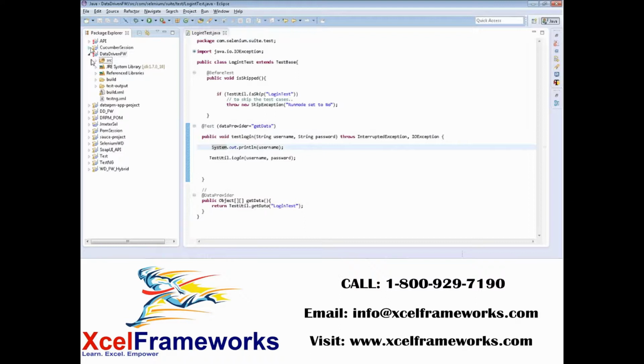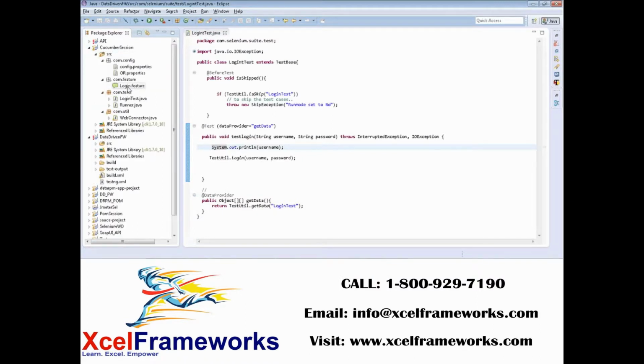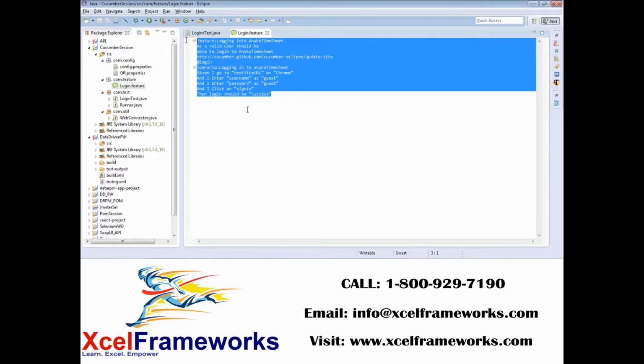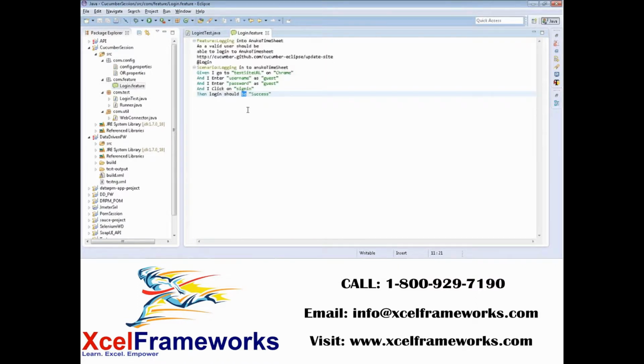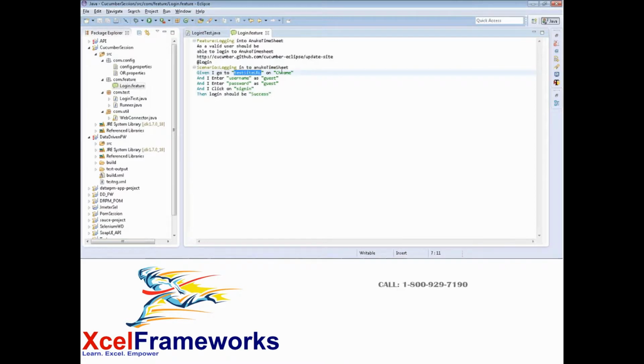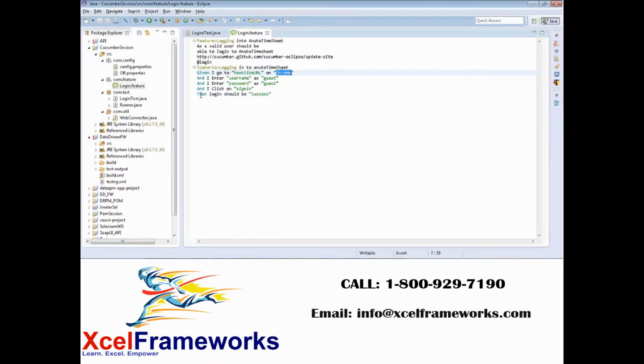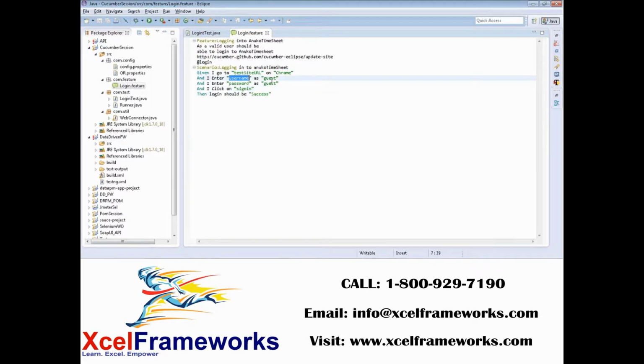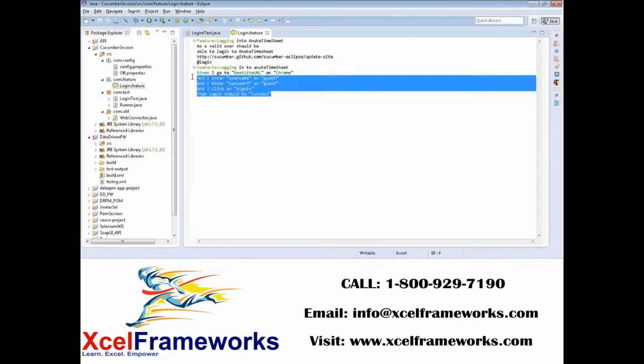And something very interesting that you might like is Cucumber, an open source platform that we can seamlessly integrate with Selenium. The scenarios will be in natural language. Let's say Facebook: I want to log into Facebook. You write a simple script, something like scenario: logging into Facebook. Given I go to this URL on Firefox, Chrome or whatever, and I enter username as your username and password as something XYZ, and then I click on the button and login should be successful. So this is very easy for converting your manual tests to automation scripts.